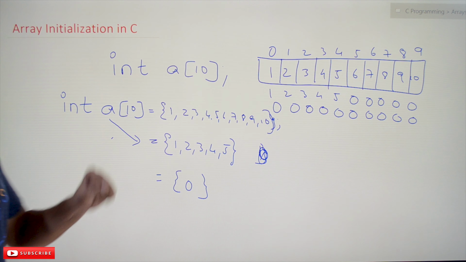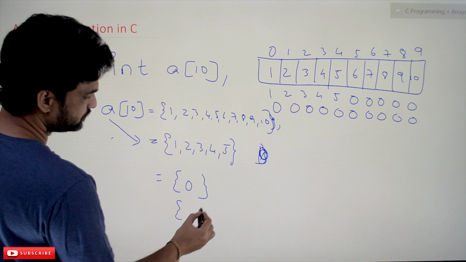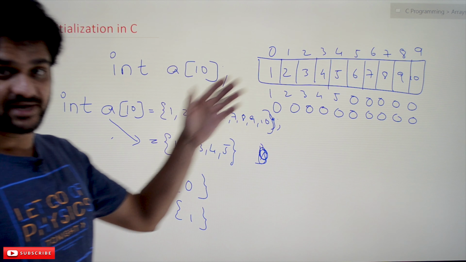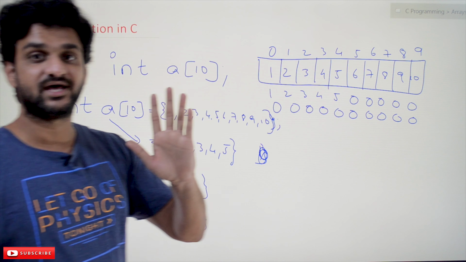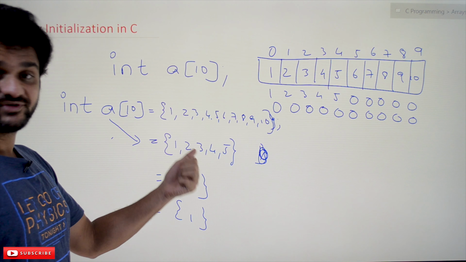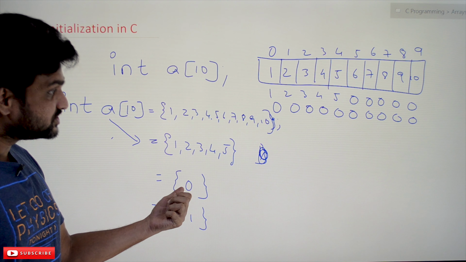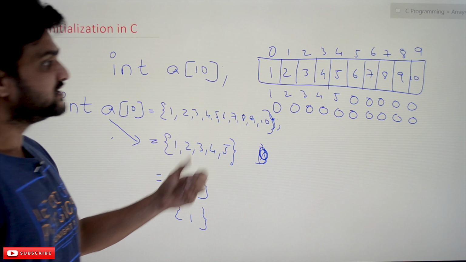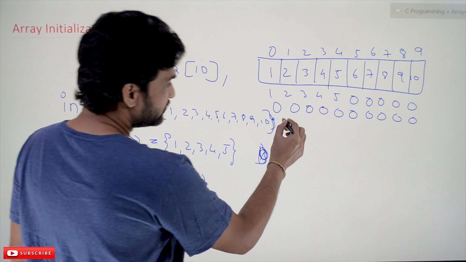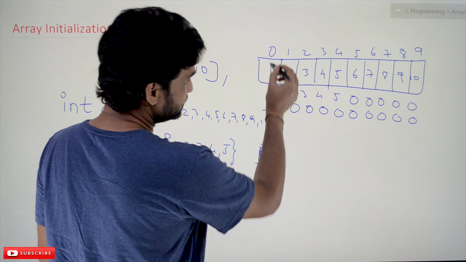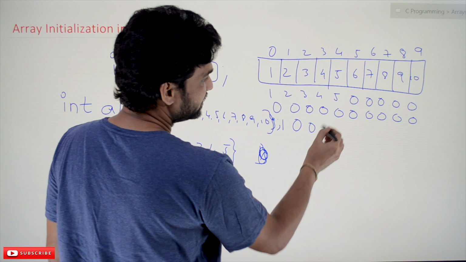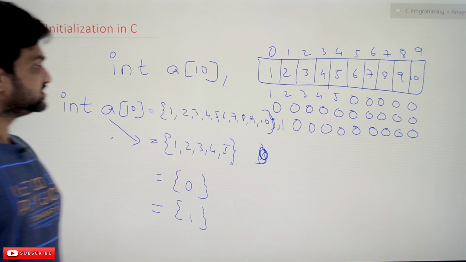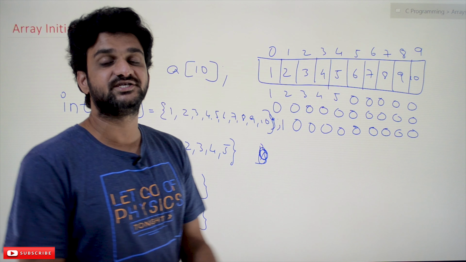For example, if you give 1, does it mean that all the values in the array are placed as ones? No, it is not like that. If you provide 0, all the values will be 0, but here 1 is given, which means 1 goes in the first position, the first index, and all the remaining are going to be zeros. So this is how the array initialization can be done.